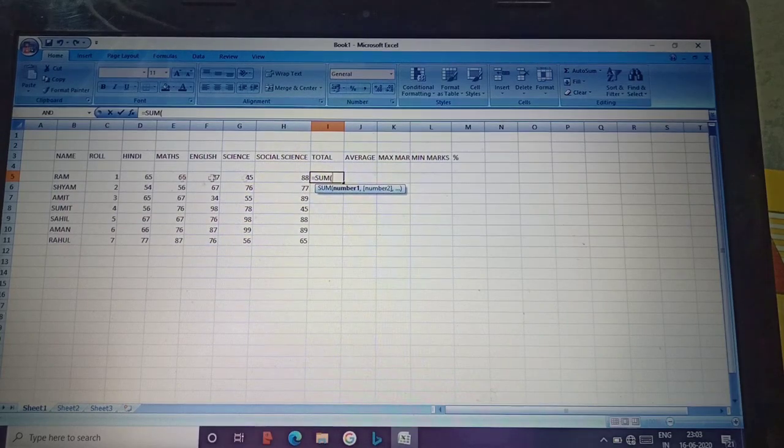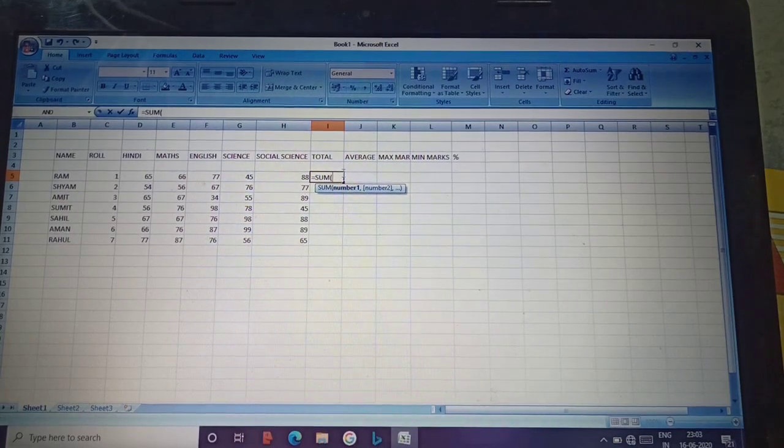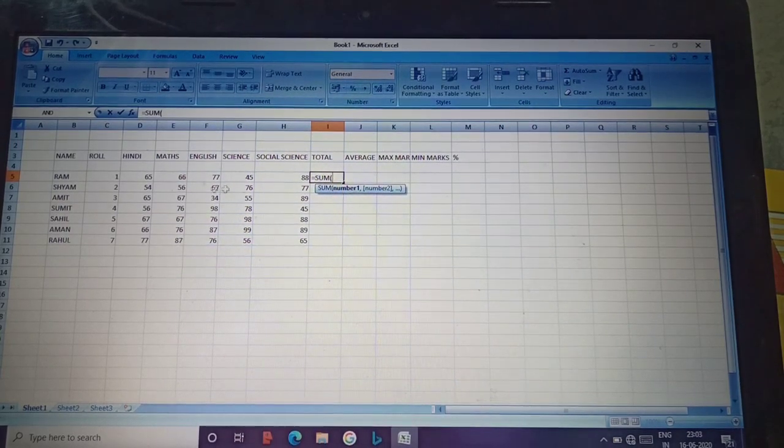So, leaving the keyboard, we use the mouse pointer and select all the marks of that particular student: Ram's Hindi, Maths, English, Science, Social Science. We select them and then leave the mouse pointer.